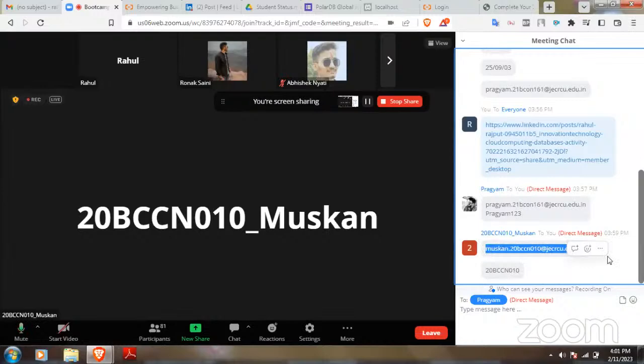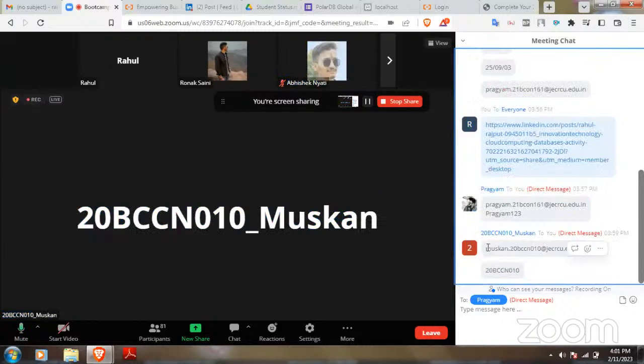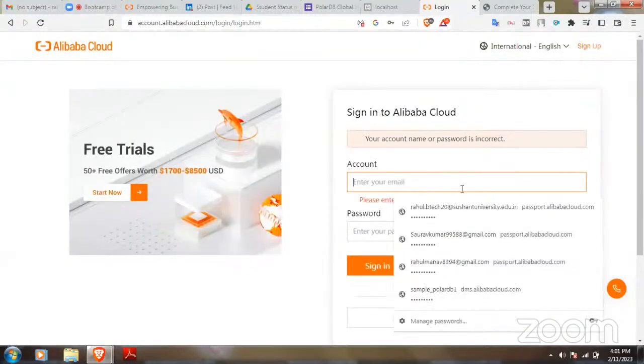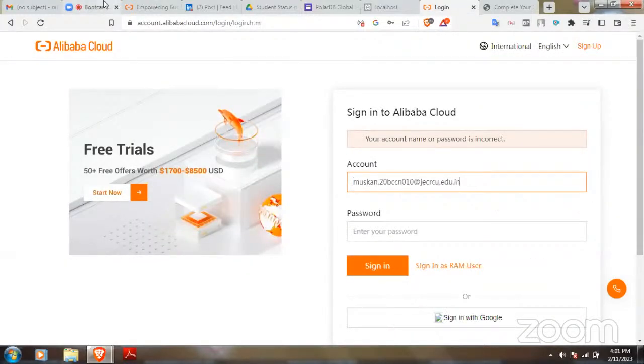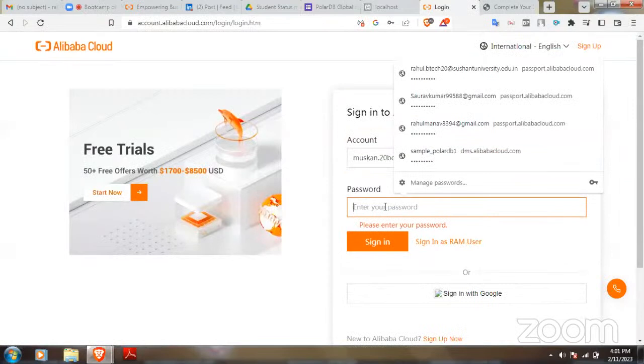The account ID is the same. And the password is 20 BCCN 010 underscore MS, all the letters in capital.